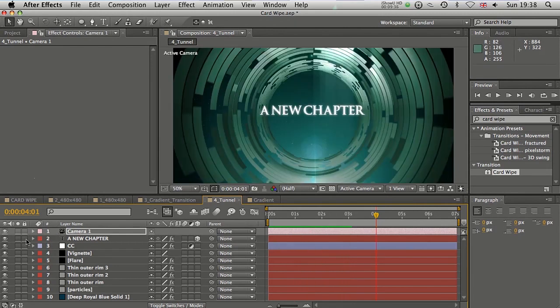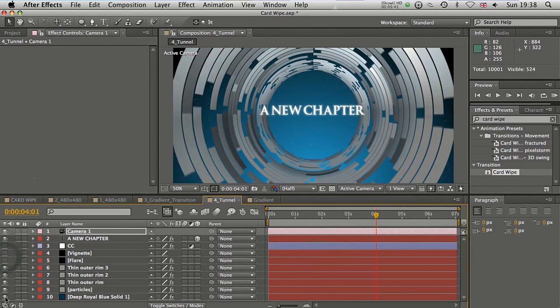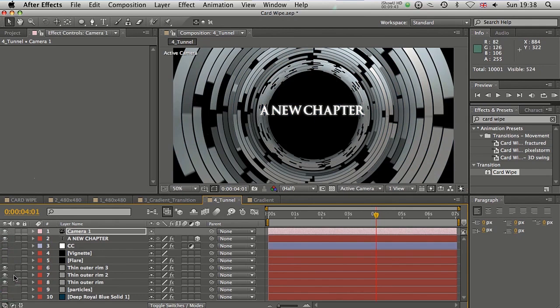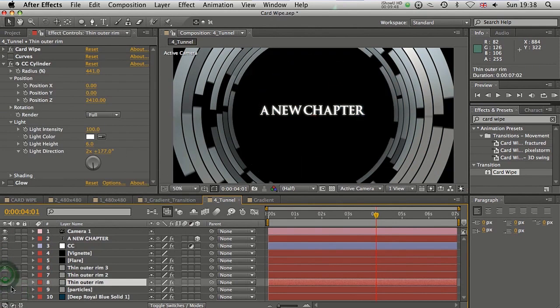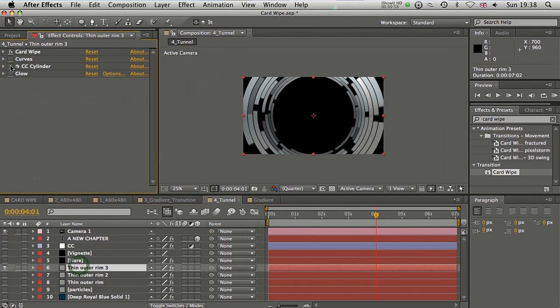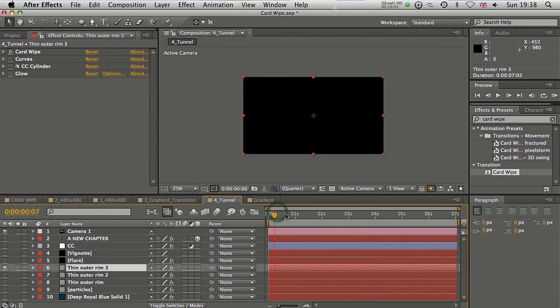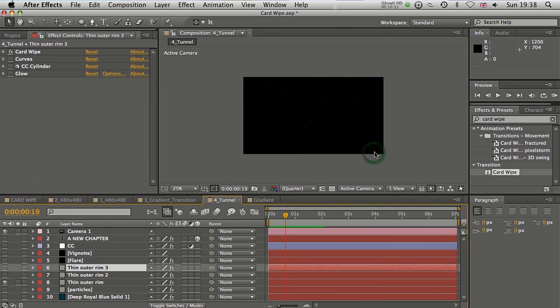So if we strip away everything we don't need here: color correction, vignette, flare, particles, background, and also I've just done this 3 times, and then what I've done is duplicated it in 3D space. So if we bring that in, also we don't need this title. So as you can see here, if I turn this effect off, to the layer that I'm using would be nice. Actually, I'll take one of the smaller ones. Okay, so if I quickly run preview this, you'll see that I've keyframed the